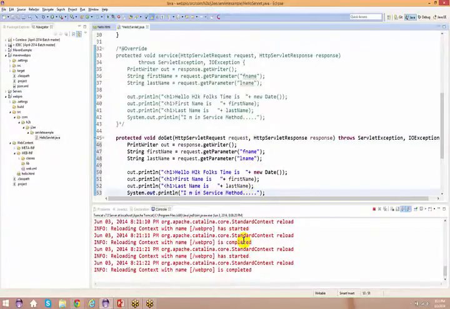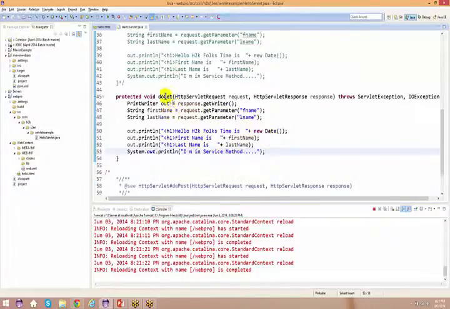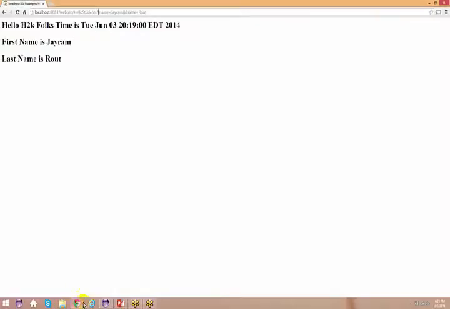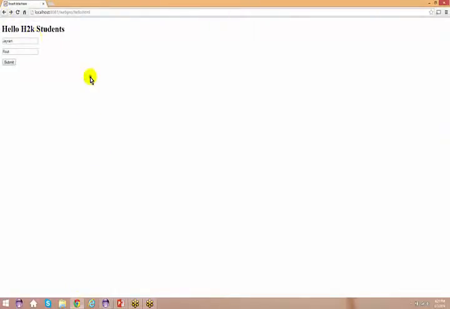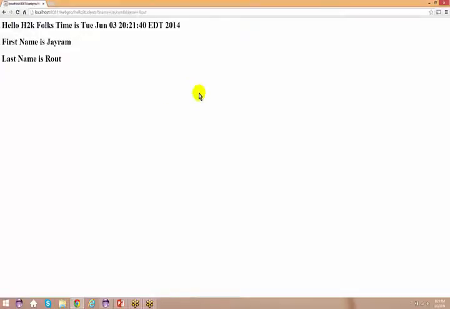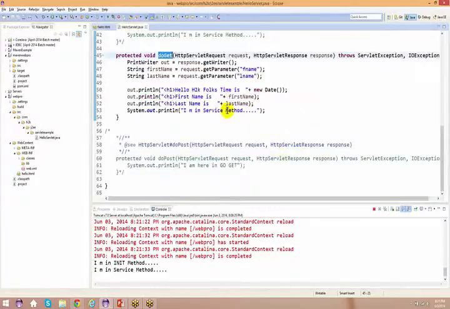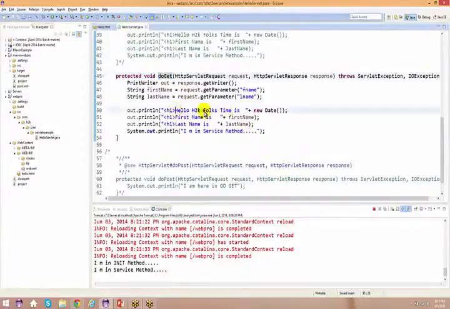So the same thing is going to come to this service method, that is doGet, because we have used a doGet here explicitly. And come back to the HTML, and we have used method equal to get here. Come back to the browser and just do a submit. Let me give some meaningful message so that we differentiate whether it is a get or a post.